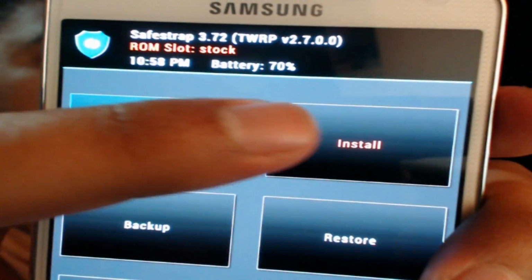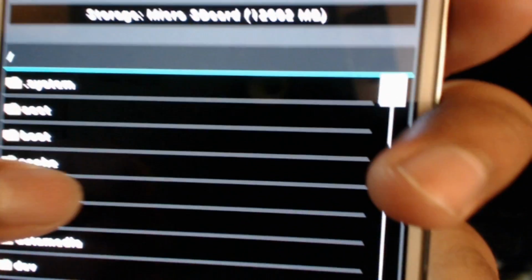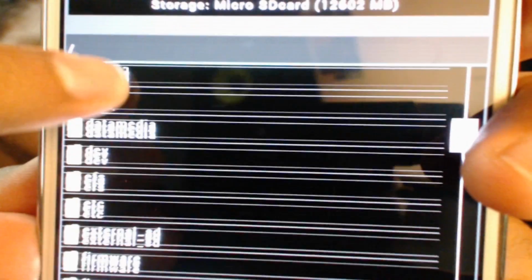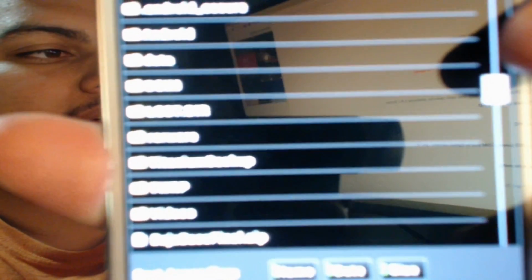Okay, so once you are wiped, you want to go ahead and hit install, and then go up a level, and then go to external SD, and that should be your external SD card. And then navigate over to either the DODEX or the ODEX zip, or in my case you can't see it because of the brightness, but you want to go to the zip file that says Baja ROM or your DODEX ODEX. So just go ahead and go to that zip file